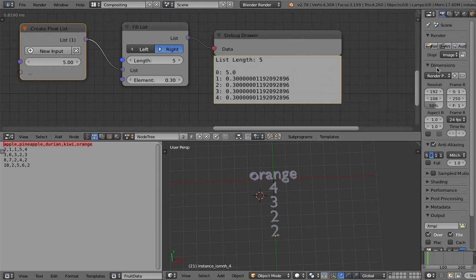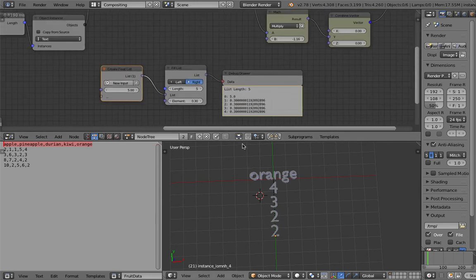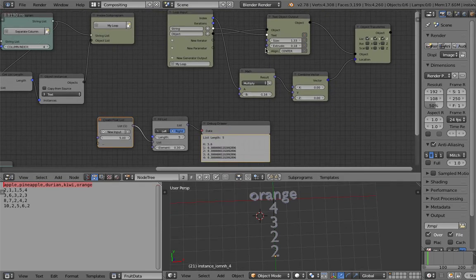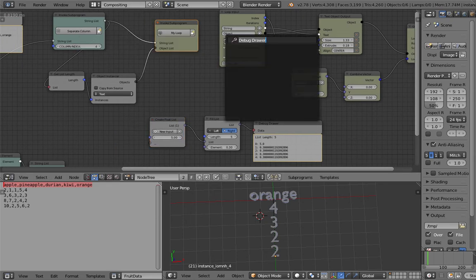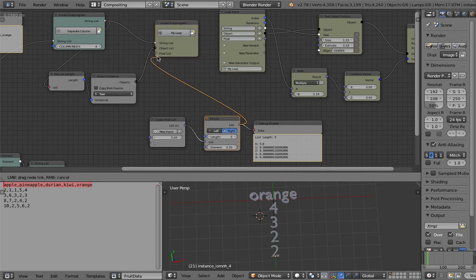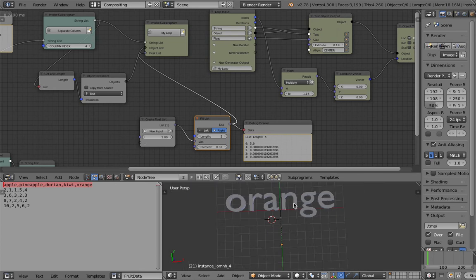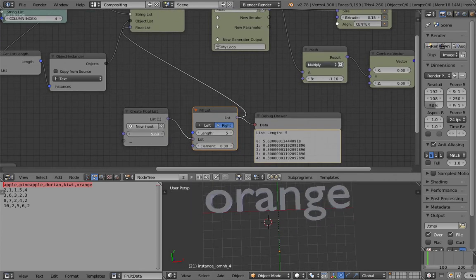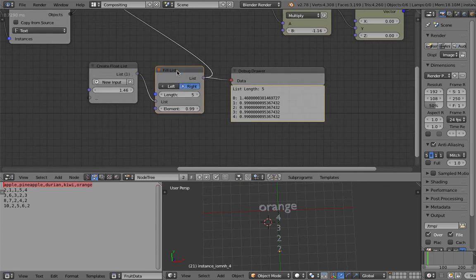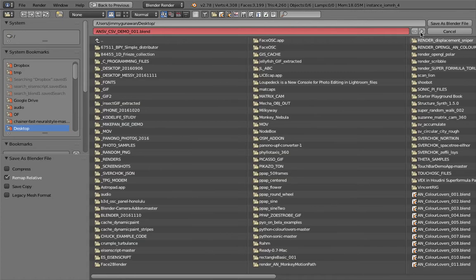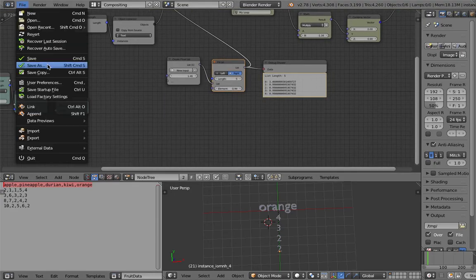Delete the second element. This is what you need to provide. So this is maybe the scale data. Scale size. Okay, size. Create a new float list, and then we just plug this into the float list, and then plug this into the size. Now you see, the orange is like the size of 5. The rest of them is the size of this guy. If that's what you want. This fill list is interesting. Okay, save this, and